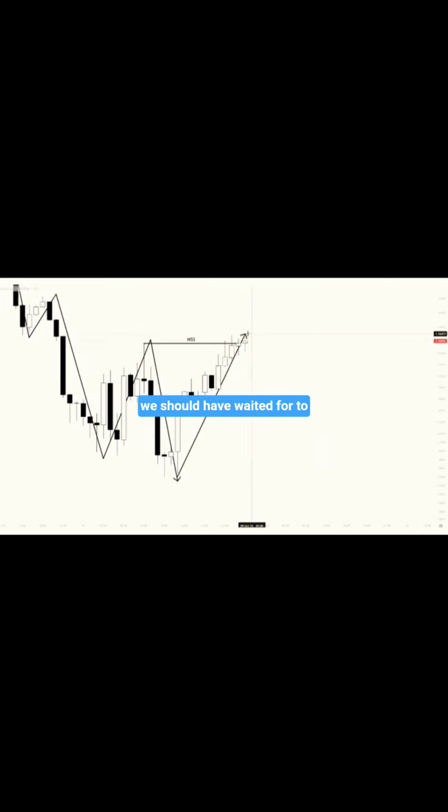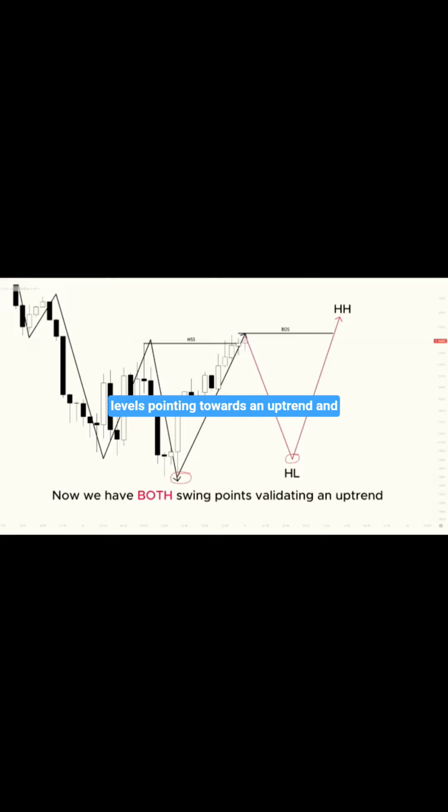What we should have waited for to validate a potential uptrend is a pullback that should later be followed with another break of the high. This upside break forms the break of structure, and that validates that this is now a strong higher low, which is later followed with a higher high. So now we have both swing levels pointing towards an uptrend, and it's only now that we can look for a demand or a support level near the past swing low